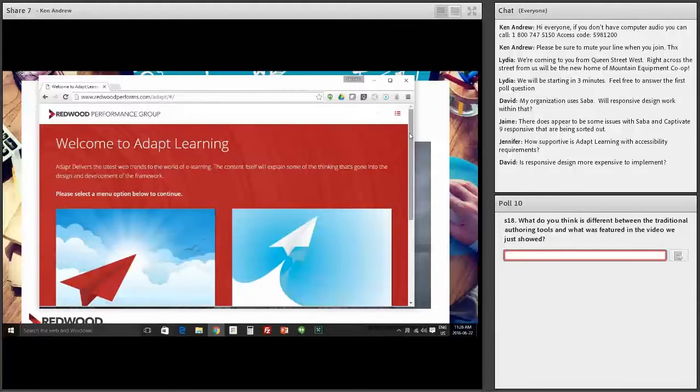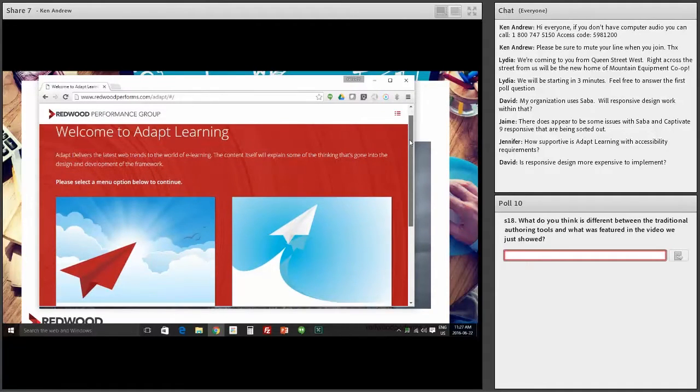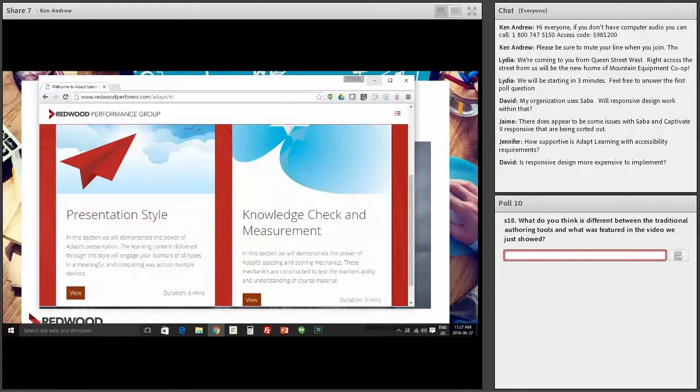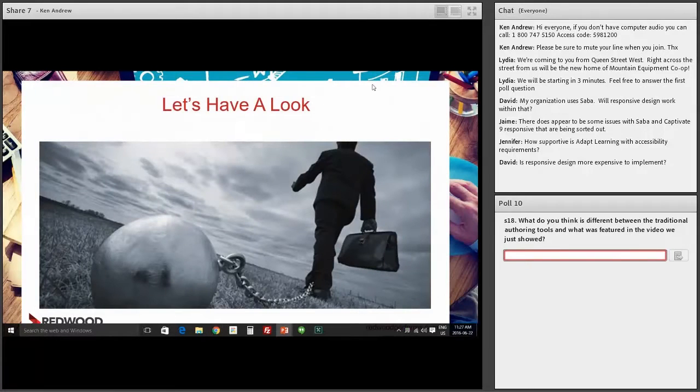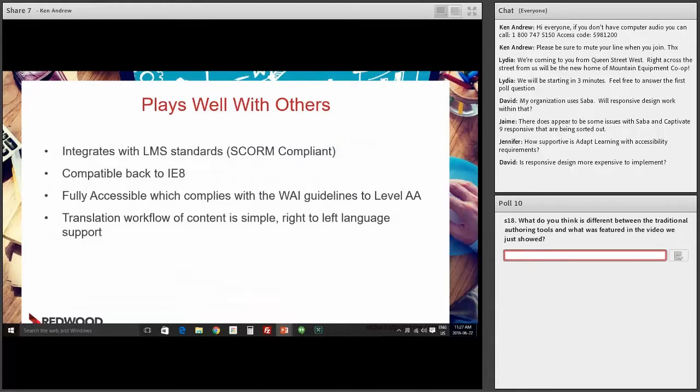Yeah, we've used it to build quite a few courses and delivered onto tablets, onto smartphones, and the results have been awesome. So let's have a look at